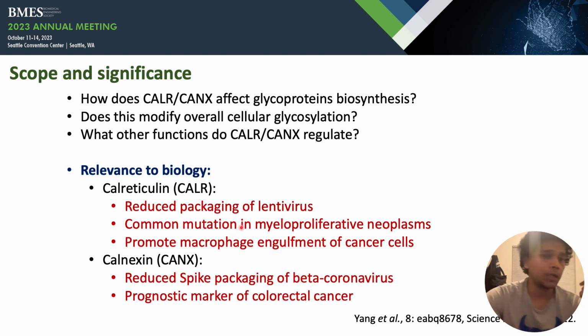We have found in the literature that calnexin and calreticulin are related to several diseases. A recently published study in Science Advances reveals that calreticulin knockout leads to reduced packaging of lentivirus. Also, a recent study in the Cell journal has pointed out that common mutations among myeloproliferative neoplasms